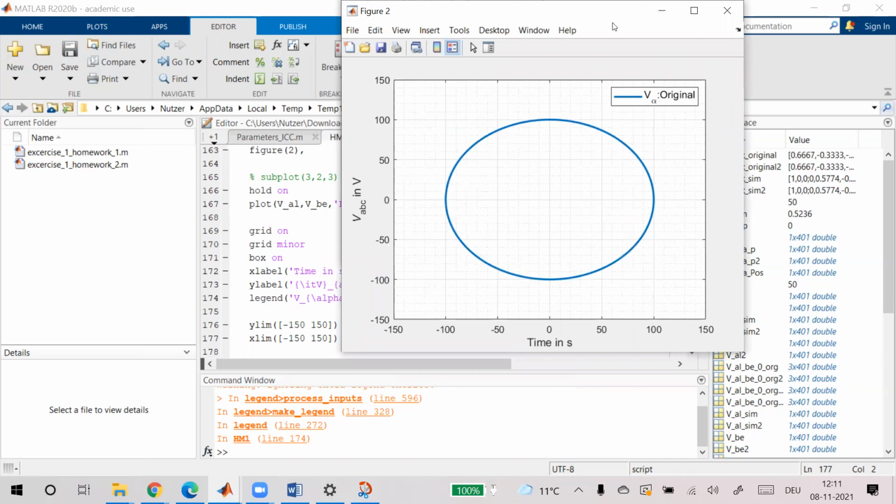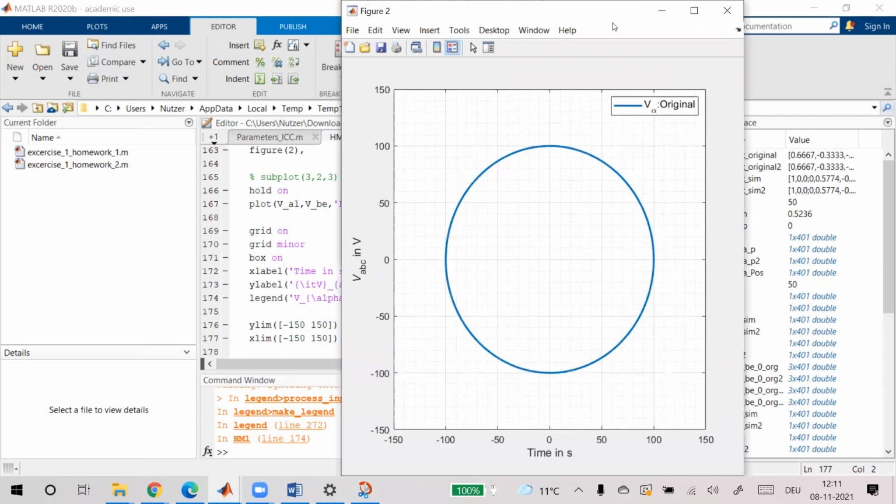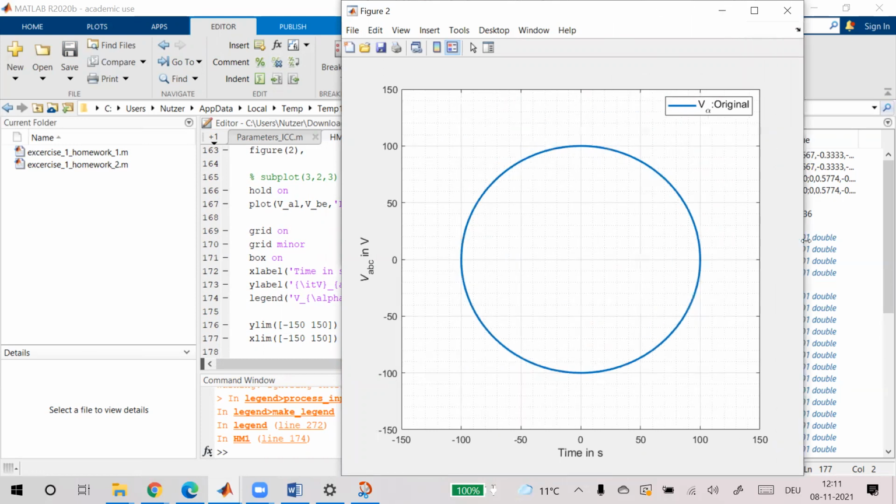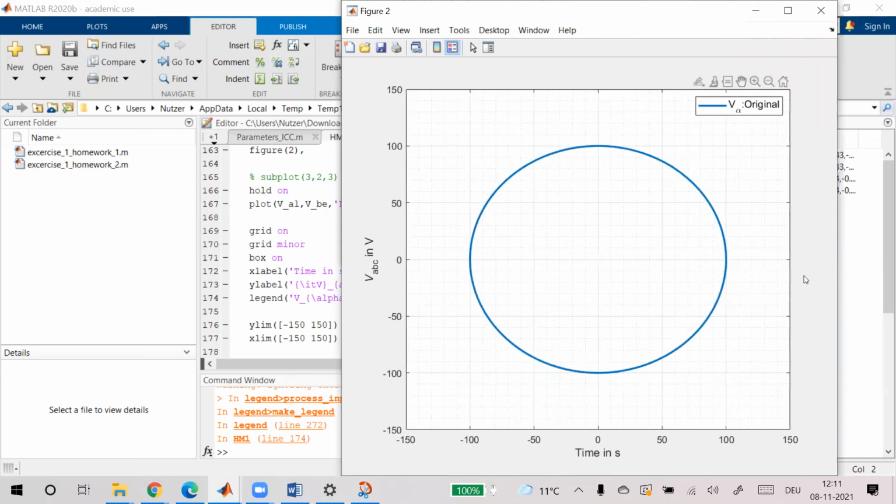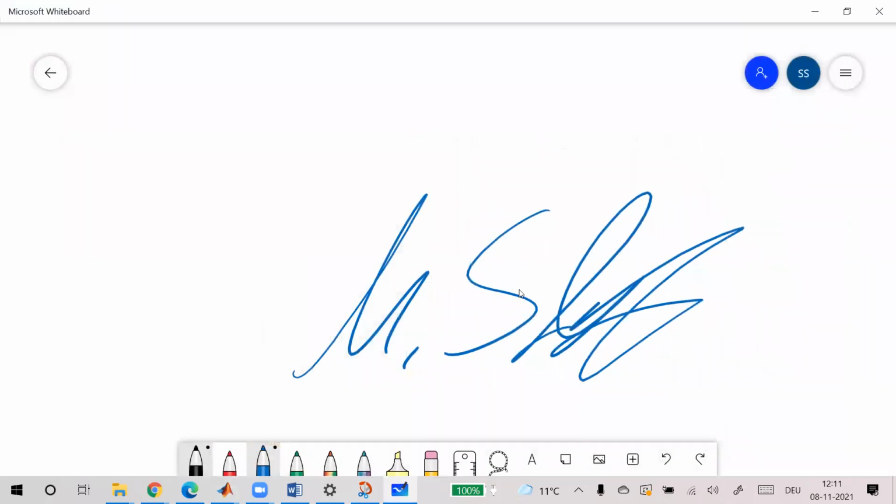Okay, so you get a circle. You can rearrange this and you can see this as a circle. So this is expected because we already saw in our previous exercise